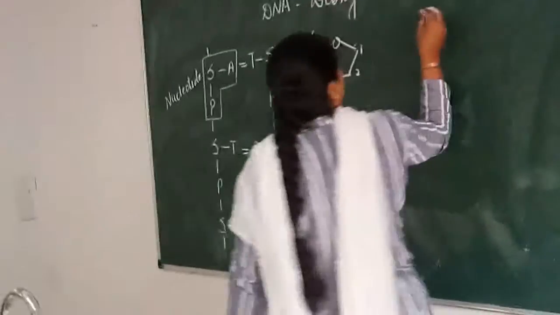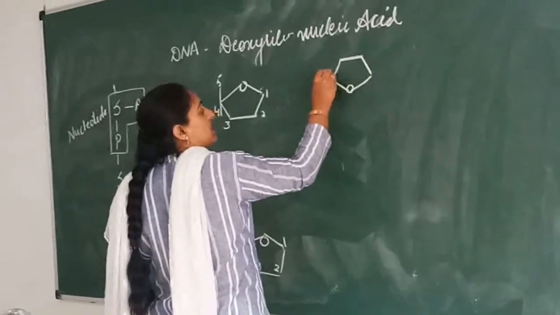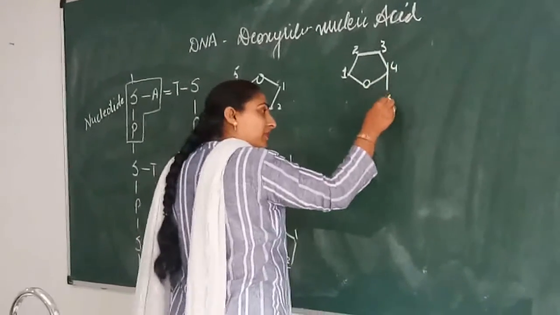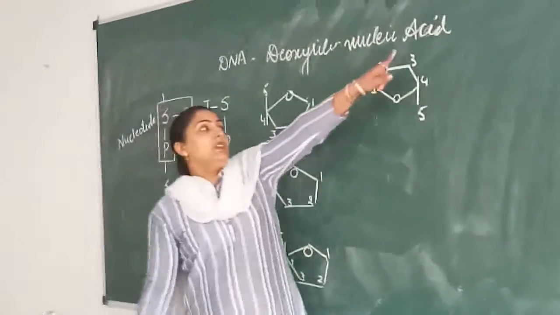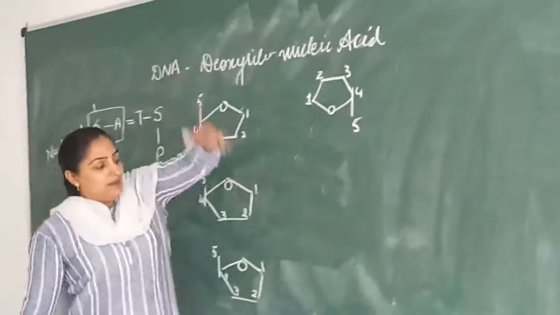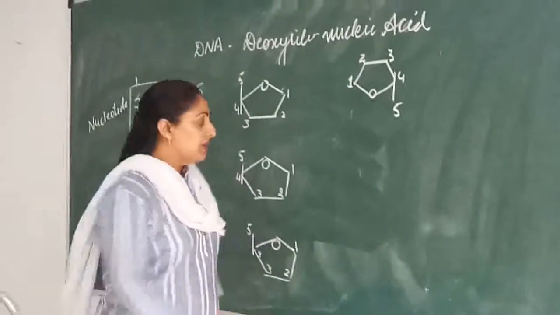I will draw it like this. This is 1, 2, 3, 4, and fifth will be on this side. So that's why 3' to 5'. So they are running parallel, anti-parallel. So anti-parallel, this is the reason. Okay? So second one,